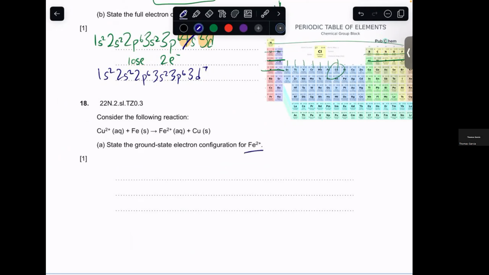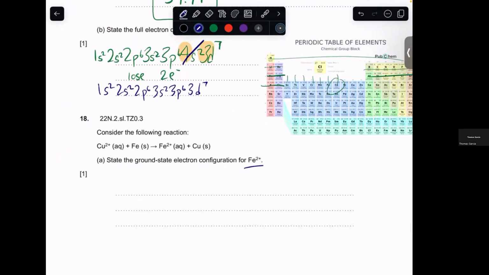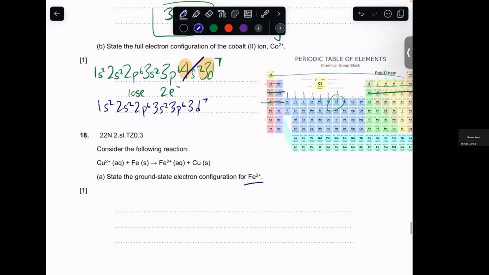Okay, ground state electron configuration for iron. It's pretty much the same as cobalt. From the get-go, the only difference is now it says ground state instead of full, which means we can cheat and just start at argon. And then we don't have to go all the way up to 3p6. We can just go argon 4s2,